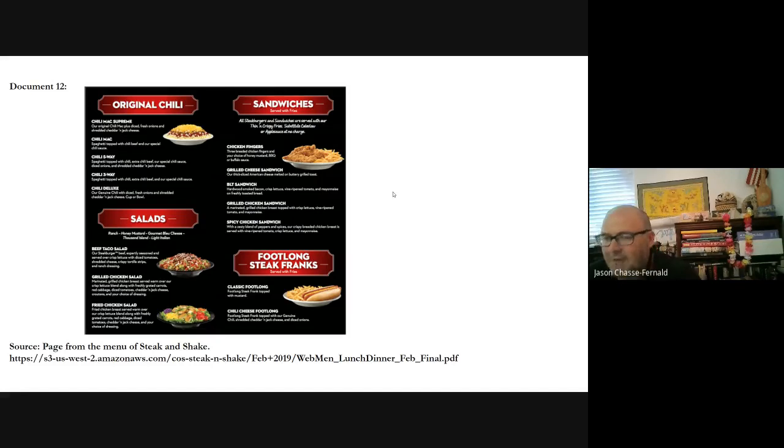However, this actually came up in class today. One of the students pointed out an issue that makes the reliability of this evidence a little more questionable. The fact that chicken fingers are categorized as a sandwich in here makes this appear to be less valid than it otherwise would have been. So why are chicken fingers under the category of sandwiches, thus making this entire document not reliable?